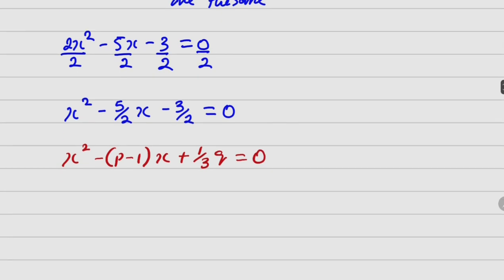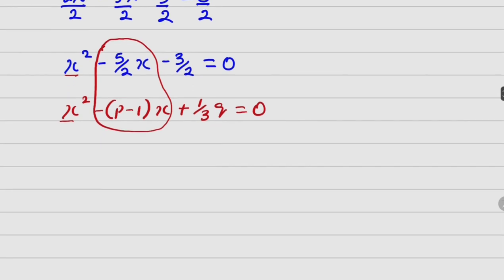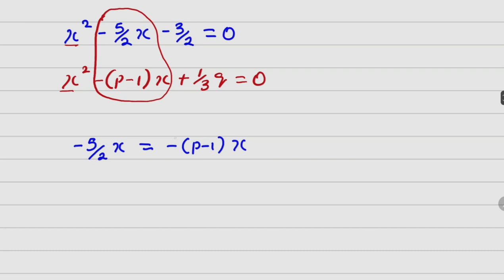You see, what I've succeeded in doing is, check it out. Here we have x squared, here we have x squared. So we are going to compare the terms or the coefficients. Now see what is going to happen. I'll see them as the same. So what I'm going to have now is minus 5 over 2 x. Instead of picking the coefficient, I can pick the whole term. It's still the same thing. Equals minus (p minus 1)x. Now you can see that the minus will cancel each other, and of course, the x will cancel each other. So what I'm left with